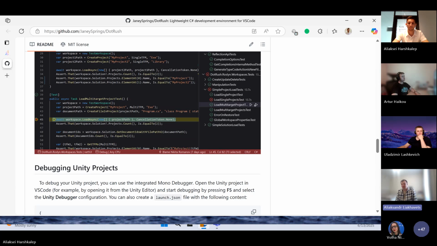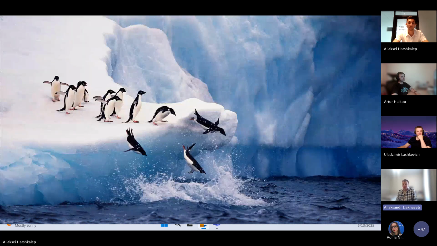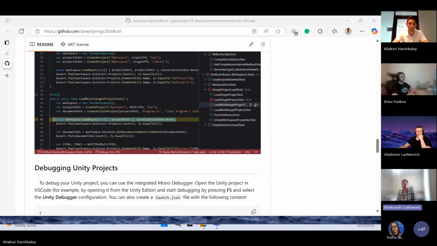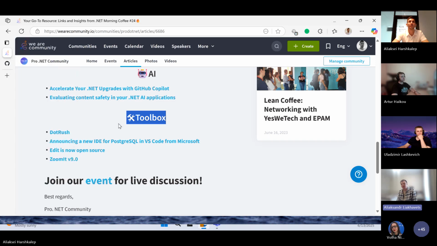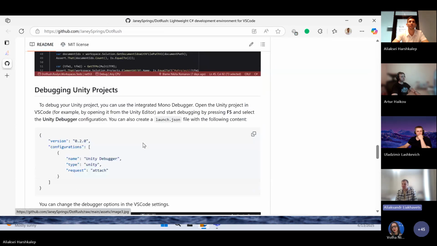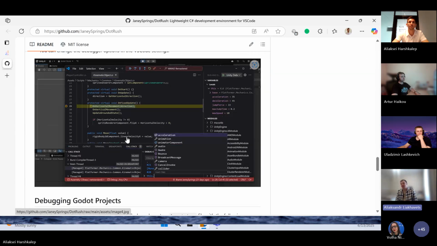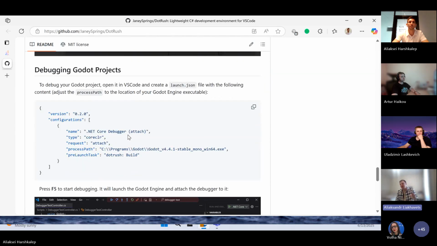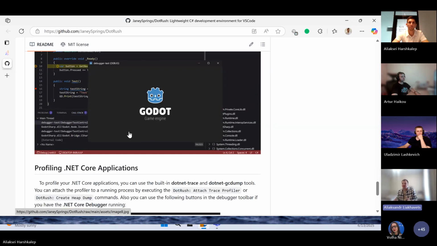Yeah, as I said, surprisingly, it is working super good, especially because there is only one author. There are two contributors, but mainly it is only one author from Yerevan who is developing this extension. That's super cool. What is also interesting is that the backend of this application is also written in C#, and basically it's just a Roslyn wrapper around Roslyn, and it exposes the language server protocol, and multiple editors